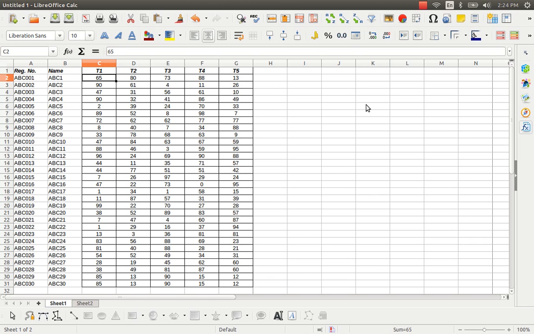Okay, this is actually a bipartite presentation on how to use the VLOOKUP function in LibreOffice Calc installed in Ubuntu 14.04. This is the second part of the series of presentations on using the VLOOKUP function in LibreOffice Calc. In my first video I explained the purpose of